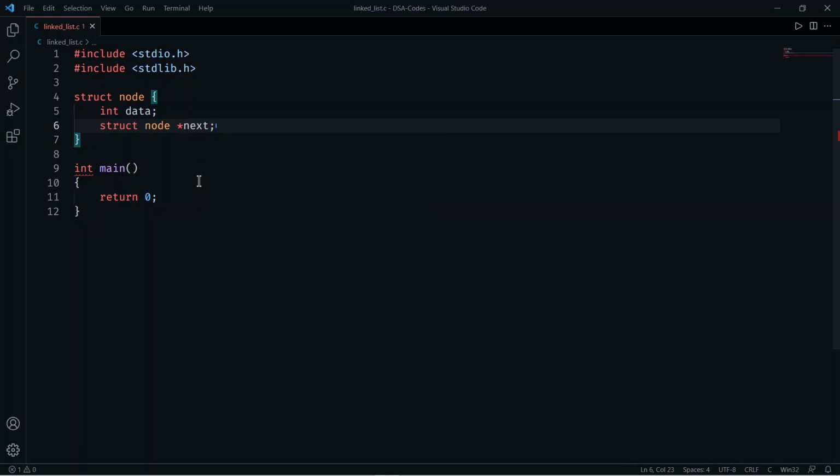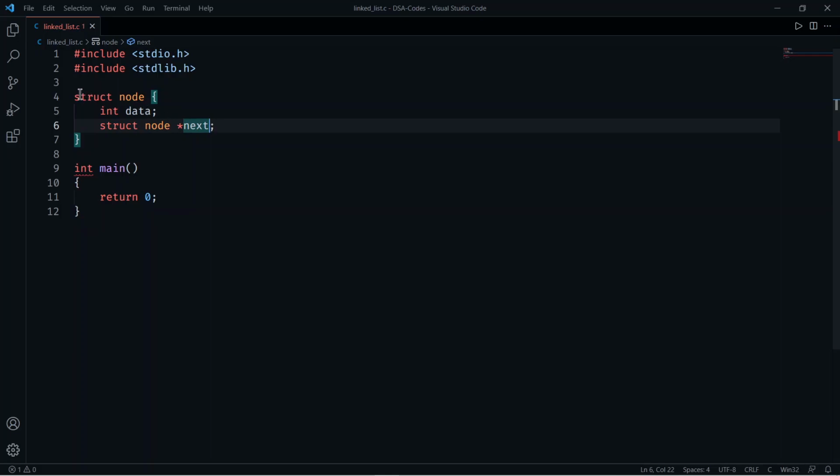So what I have done here is I have created a structure node in which we have an integer data, and we have a pointer of type struct node which I named as next, which stores the address of the next node, that is points to the next node.